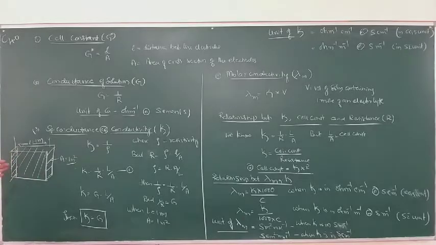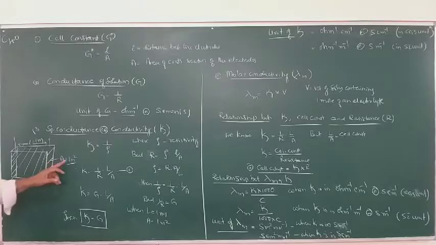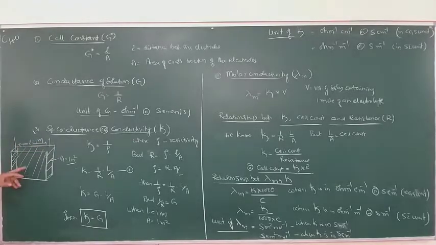What is specific conductance? It is the conductance of solution placed between two electrodes 1 meter apart and having an area of cross section 1 meter square. So this solution becomes how much? It is 1 meter cube of solution. If the length of this cube is 1 meter, then the volume of the solution is 1 meter cube. So coming to the definition of specific conductance or conductivity, it is the conductance of 1 meter cube